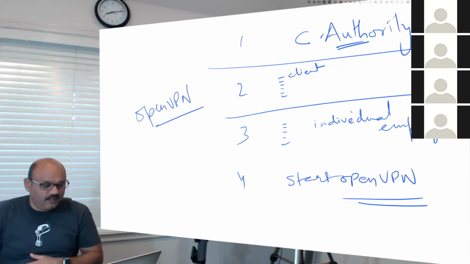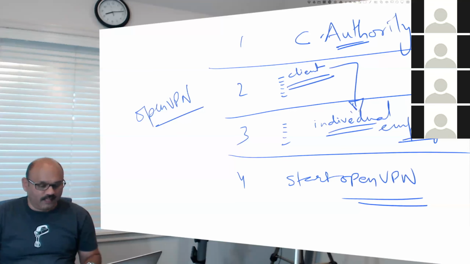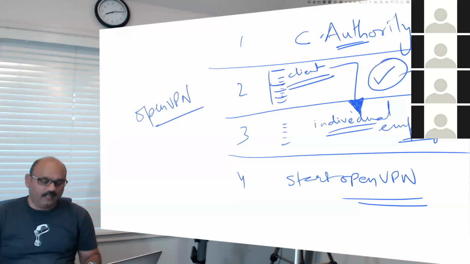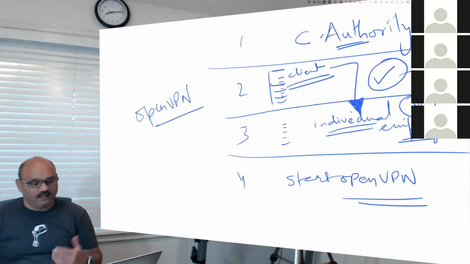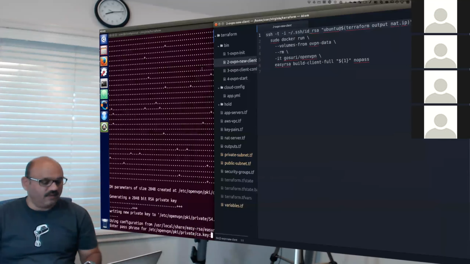Those are the 4 steps we have to do. So in step number 2 and 3, we have to assign a client and then generate a key for that particular individual employee who will use that client. So if you have five people in your company, you have to create 5 clients. 1, 2, 3, 4, 5. In our example, we'll just have 1 employee in our company, and we'll create that client and then generate a certificate to use for that particular employee who will then use this VPN infrastructure. So those are the 4 steps that we are running through right now.